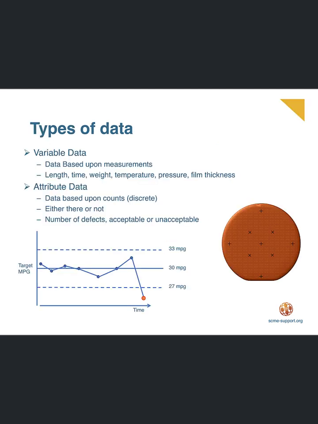Now, let's talk about data. Two major types of data used in statistical process control, SPC, are variable and attribute data. Data based on measurements is called variable data. Data based on counts is called attribute data. Variable data, or measurable data, is continuous, like the length of a cantilever, the temperature of a furnace, or your car's gas mileage. Attribute data, or data based upon counts, is discrete data, pass-fail, on-off, or go, no-go data, such as